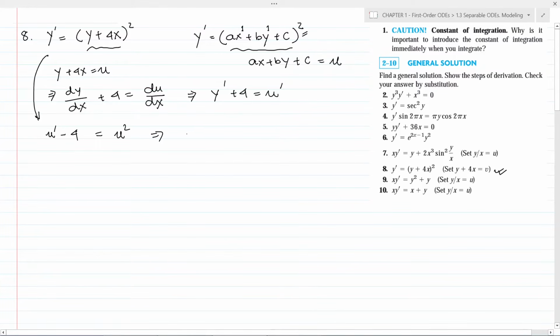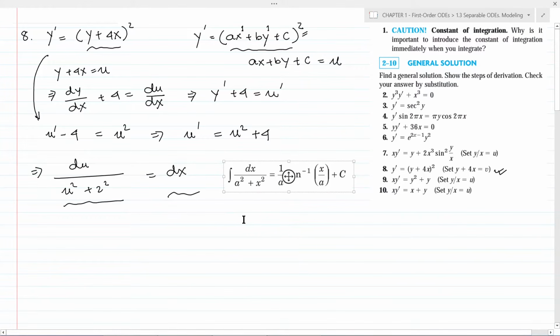This implies u prime is equal to u square plus 4. We write this as du divided by u square plus 2 square is equal to dx. We take all the x terms to the right side and all the u terms to the left side. Now we have this identity,